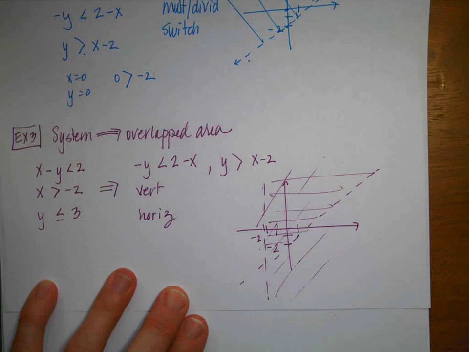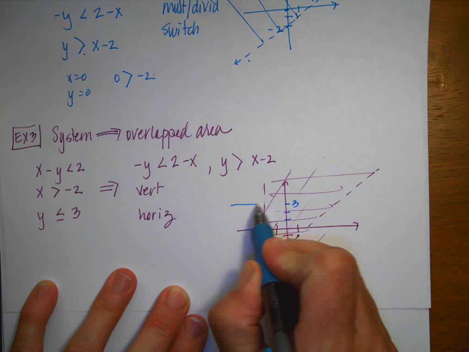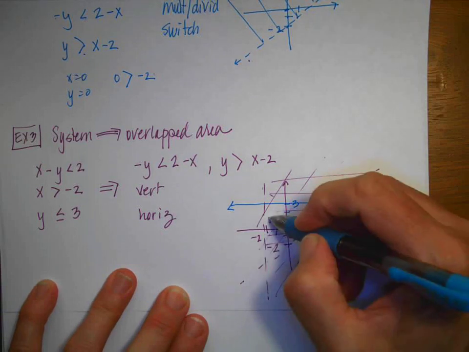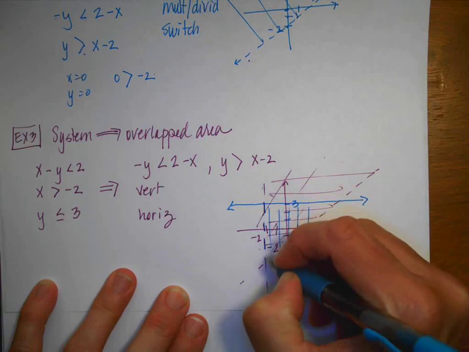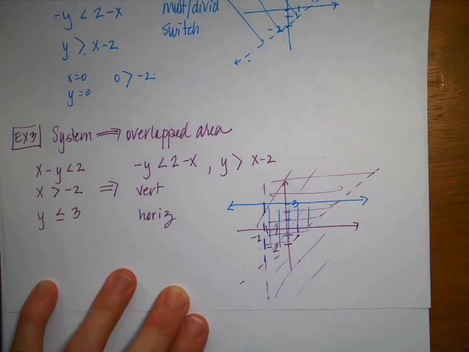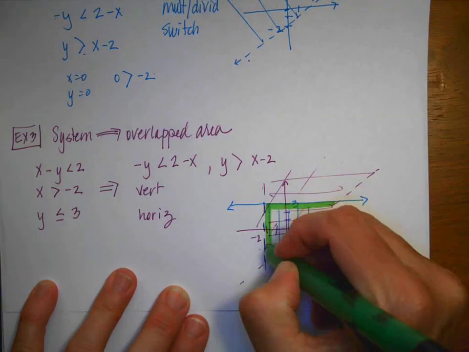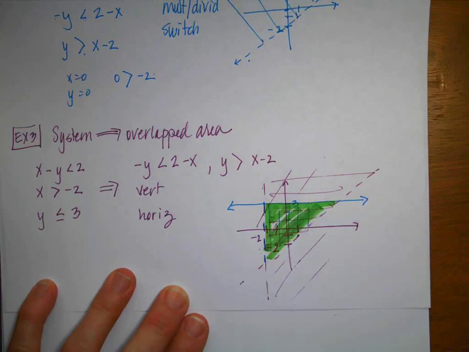And then y is less than or equal to 3. So 1, 2, 3. Less than or equal to means it's a solid line, so the line is included, and so then it's this way. So you can't see it. Maybe I'll get out my handy-dandy highlighter, but including that line and this area in here would be the solution